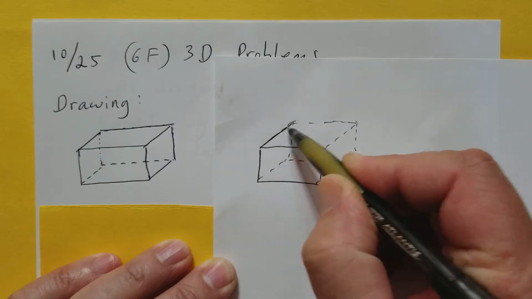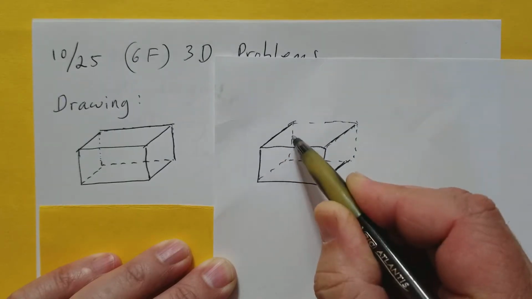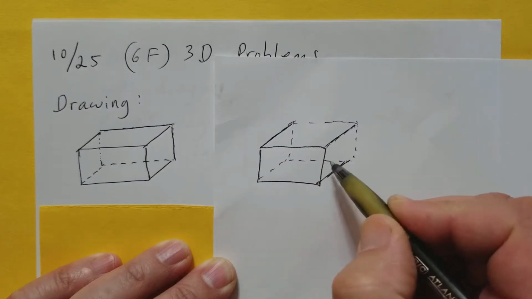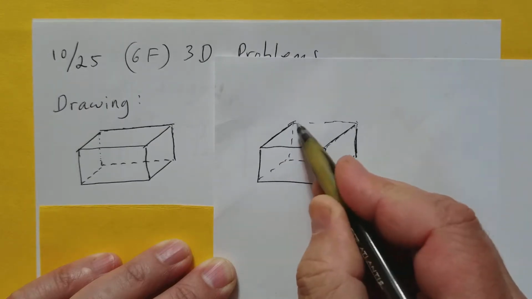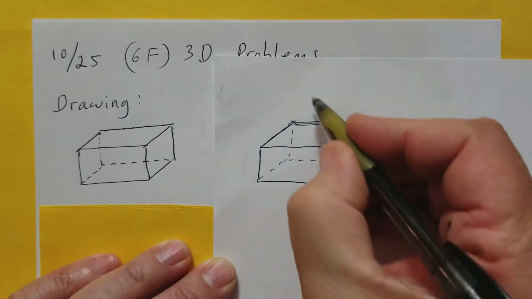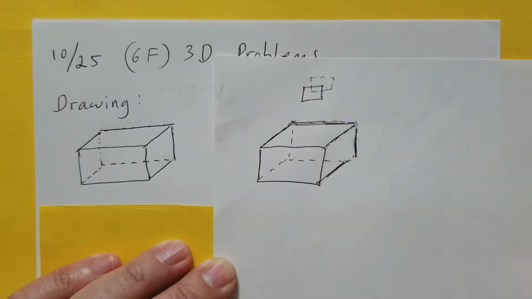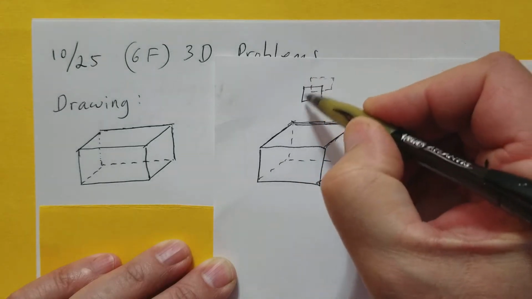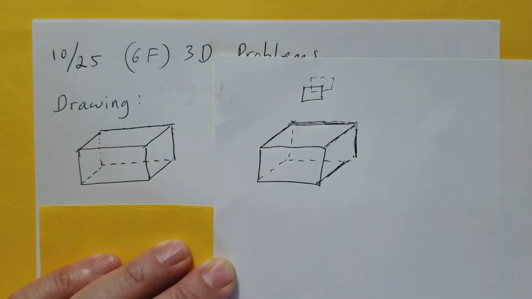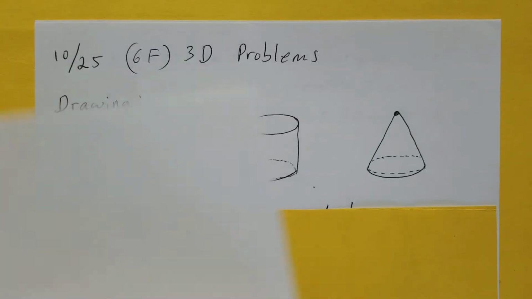So this would be solid, this would be solid, this would be solid. But that would be inside, that would be inside, that would be inside. This can be touched, and this can be touched, right? So once again, the quickest way to do it is two rectangles and connect the corners like that. For the prism,